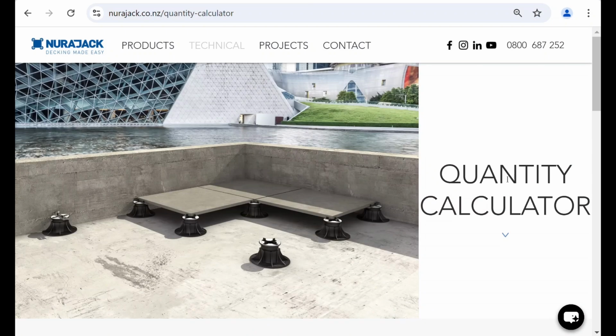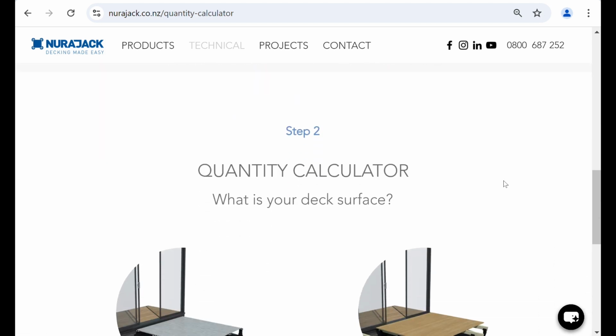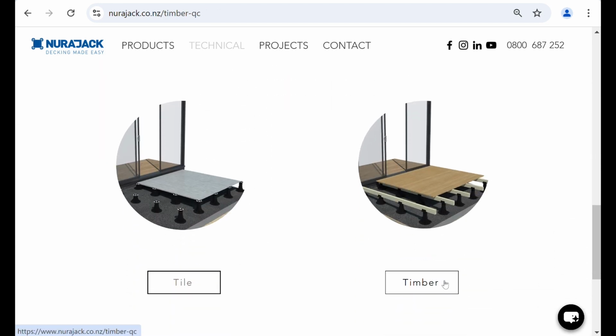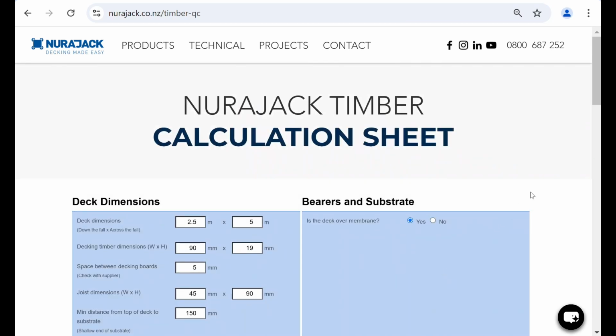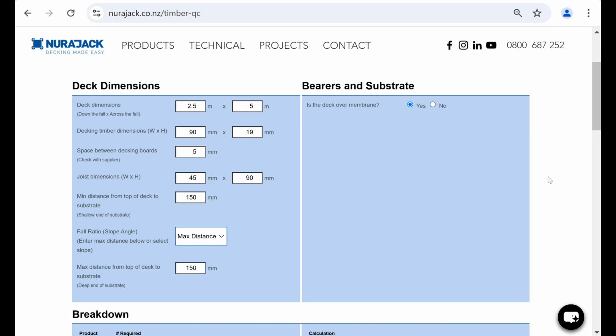Now we're in the Nurajack quantity calculator. We can scroll down and we can click on timber. Now here we're going to add the measurements of our Nurajack deck that we are going to build. So the width of the deck was 2 meters and the length was 5 meters. The decking timber that we're going to use is 140 by 19 millimeters, and the gap between each board is